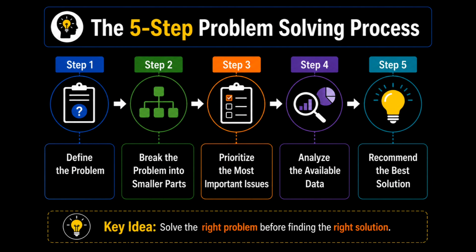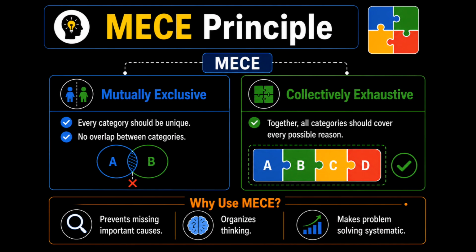That's what separates a good data analyst from everyone else. One of the most important problem-solving frameworks in data analytics is the MECE Principle. MECE stands for mutually exclusive and collectively exhaustive. Mutually exclusive means every category should be unique with no overlap between them. Collectively exhaustive means that when all the categories are combined, they should cover every possible reason or scenario, so nothing